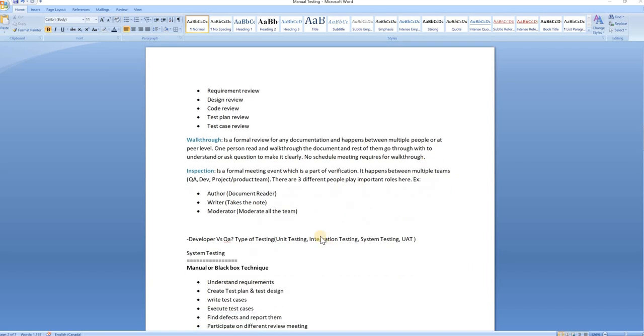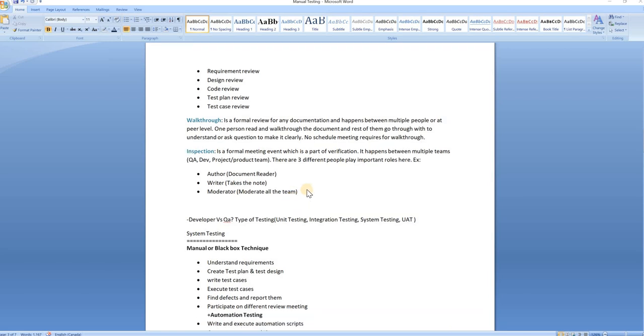And there is an inspection. Inspection is a formal meeting, which is part of verification. It happens between multiple teams, like all the different teams, especially the whole development teams. You can think of QA, dev, and the project or product team. They all get together, schedule based, maybe once a week, and during that meeting there will be an author who reads the document,